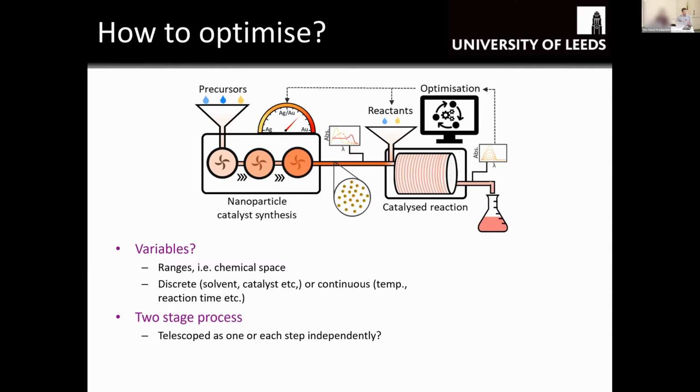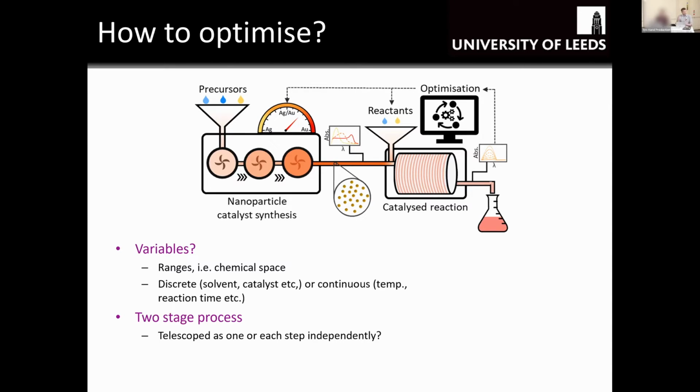What variables are we interested in looking into? How do we treat those variables? So for example, you can treat some variables as continuous or discrete. So continuous variables in our case are things like temperature, reaction time, anything that can be a continuum. Discrete variables are typically solvent, catalyst, things that are binary. Because of our nanoparticle alloy system, we can either treat it as a continuous variable where we go anywhere from 0 to 100% silver and gold, or we can treat it in stochastic steps,